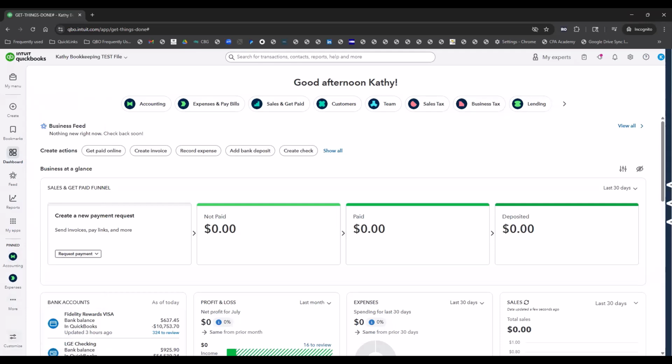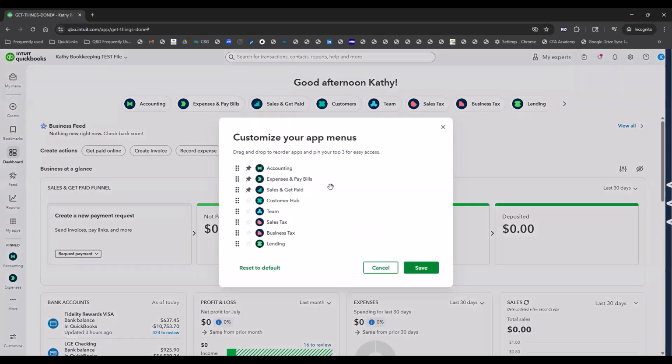And then if you click on custom, this basically allows you to take all those, what we call our app menus, and you can move those around. But you only have 3 that you can show in that little area down there. But you can move these around once you've got them pinned, but you can't add anything other than 3 to this area. So, if you wanted to, you can maybe remove this sales and get paid